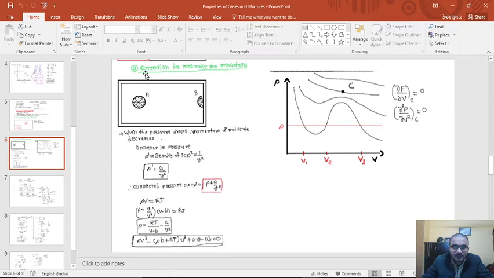And second, we have made a correction for intermolecular attractions. Molecule A has equal attractive forces from the surrounding molecules, however molecule B has a resultant force of attraction, and because of that we have made a corrected pressure as P plus A by V square. And finally we obtained the modified equation as P = RT divided by (V minus B) minus A by V square.